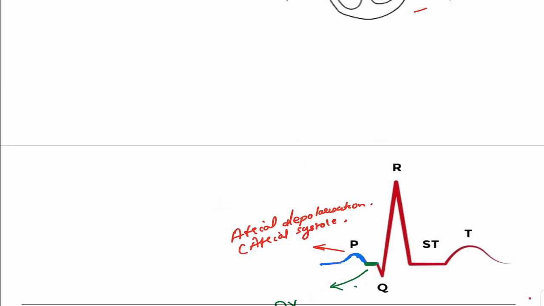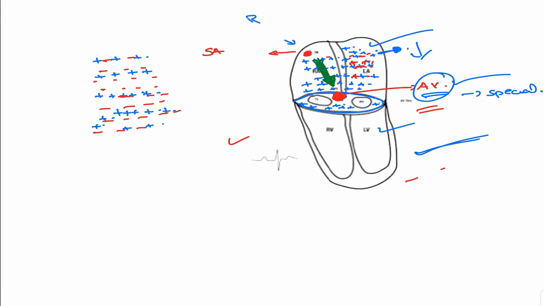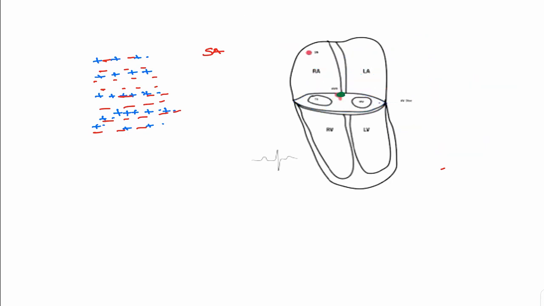Now, what happens in the next part? Now the ventricular depolarization starts, so let us discuss that separately. So far we saw that there is AV nodal depolarization, and there was a current from the atrium, a vector which came towards the AV node, and the AV node got depolarized. Now it has to go to the ventricle. The ventricle depolarizes in 3 stages. Very important to understand the ECG.